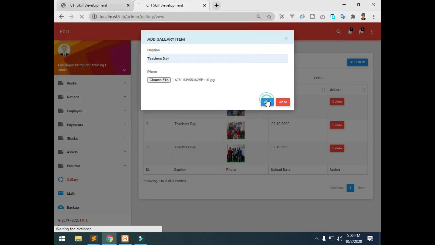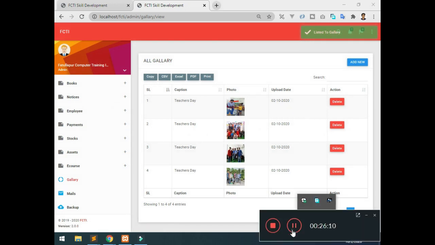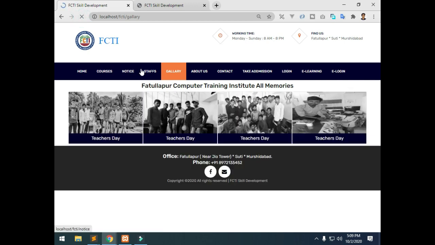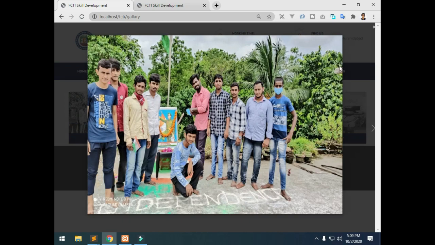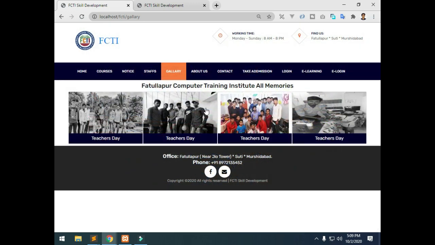I'm using the same caption all the time. So I have added some gallery here. Now I am going to the gallery page of my front panel. So here the gallery appears. You can click to view this. Here you can view the photos of the gallery. So that was our gallery option.